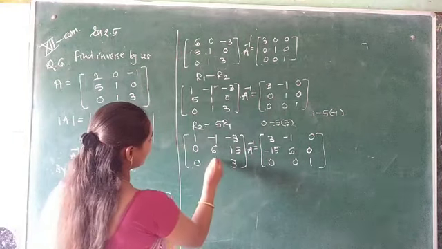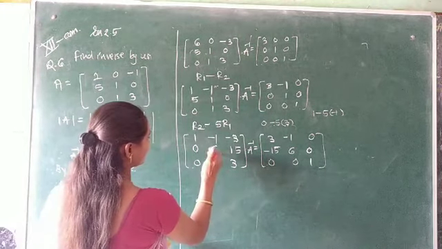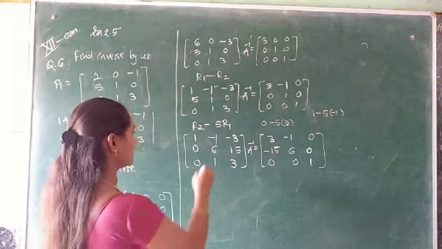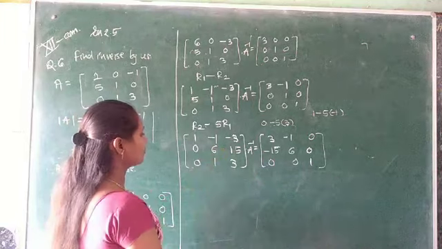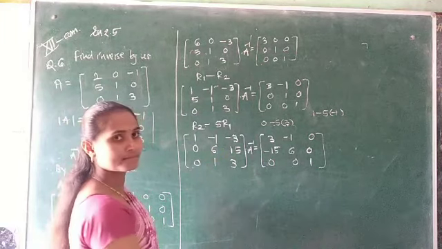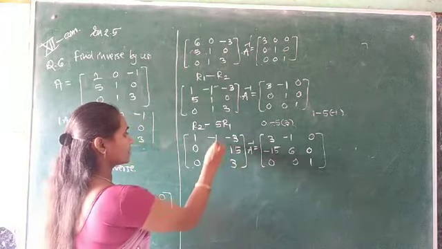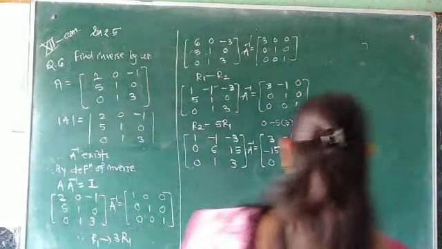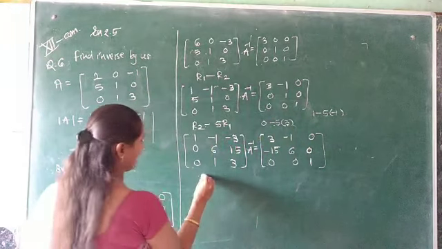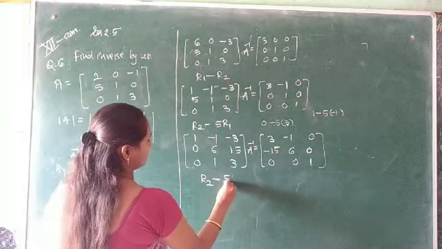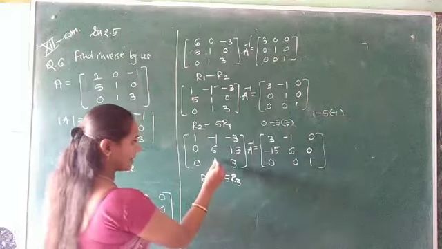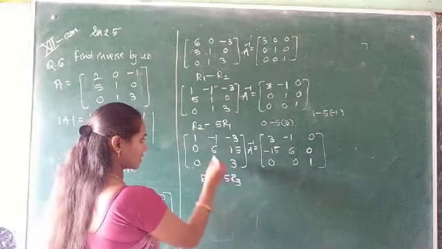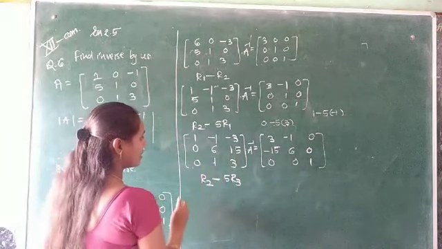Now see here, we have to take R2 minus 5 R1. We have to make this 6 into 1. So how to take here with 6? If we multiply this 5 with R3 and take the subtraction, then we will get R2 minus 5 times R3. We multiply R3 by 5 and take the subtraction of both. 6 minus 5, how much do we get here? We get 1.